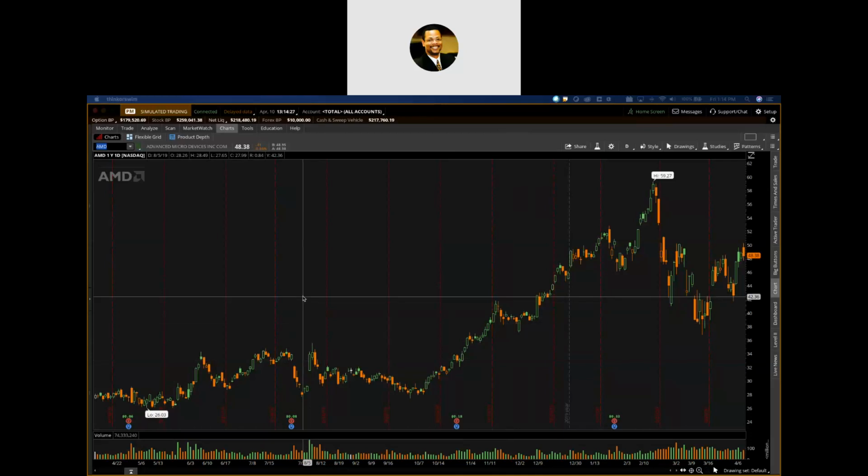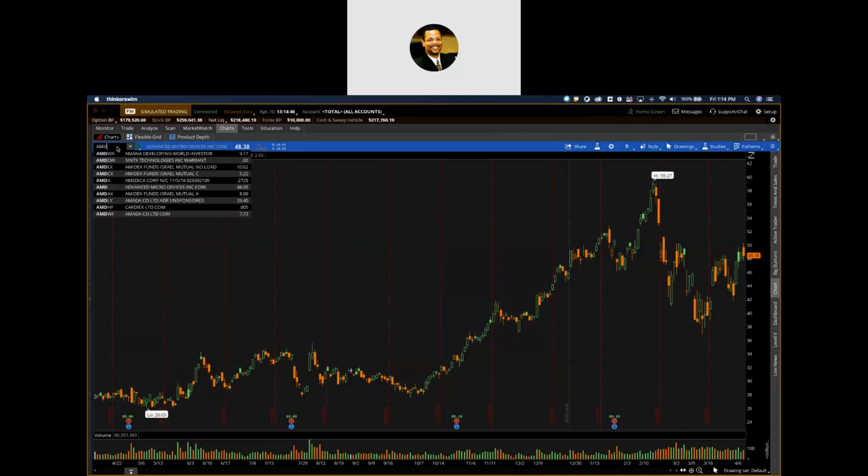So I'm going to walk through step number one. Step number one is a quick chart analysis. I think AMD may have some viable activity, so I'm going to take a look at the chart. I look at the chart by simply typing in symbol AMD in the symbol box. Fortunately, it's already up on my chart, so I'm ahead of the game.